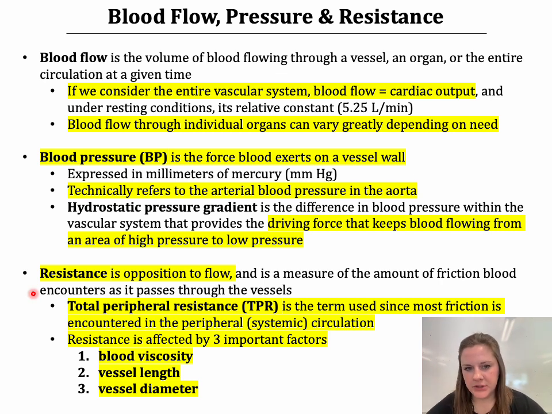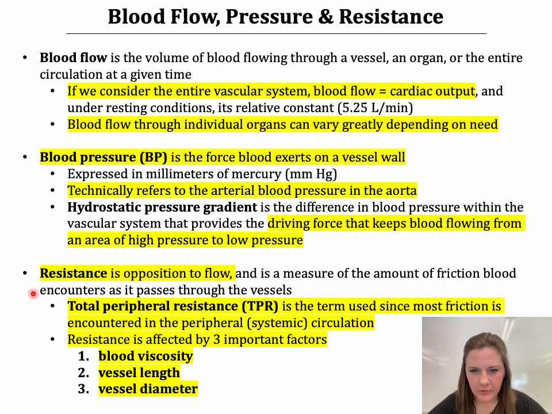We measure that pressure in millimeters of mercury. That is just the American unit that we use to measure that. And technically, it refers to the arterial blood pressure in the aorta. That's where the blood pressure is greatest, as it is surging out of the heart and into the aorta, the first large vessel. So that high pressure there is really the top blood pressure value that we collect,